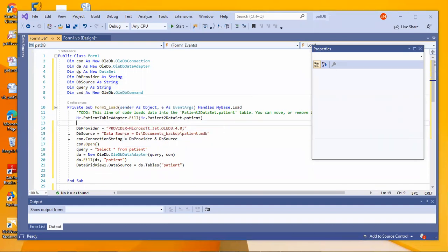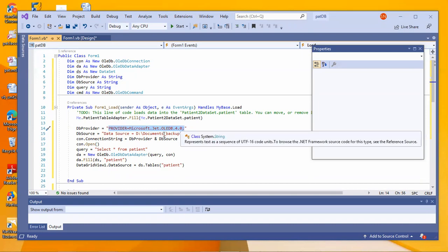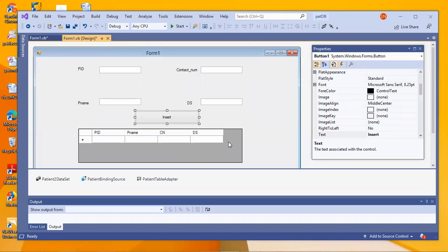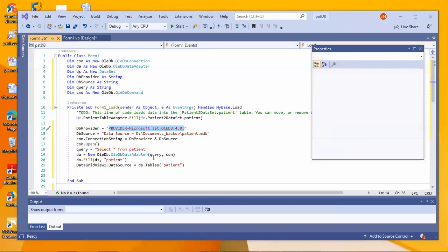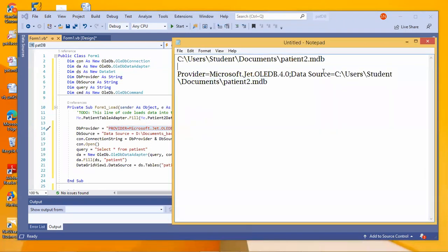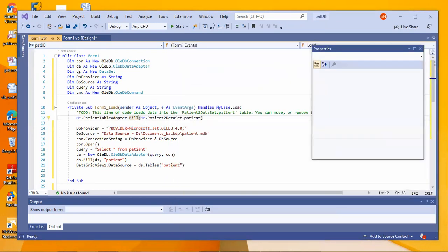Fine. Now let me go through it exactly. As I already said, this is given by default when you're trying to insert your data set. Now, the same thing has been repeated. Please do go through this. It's very simple. Which is the data provider I'm trying to insert? You cannot remember the exact name, or you cannot buy this. You can take it the way I showed before. By going to this, you will take a provider. That's the reason I asked you to save it somewhere. So provider is nothing but Microsoft OLEDB 4.0. So provider is equal to Microsoft Jet OLEDB 4.0. That is what exactly I have given here.